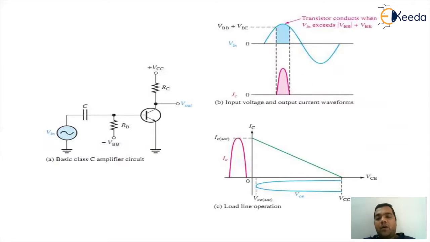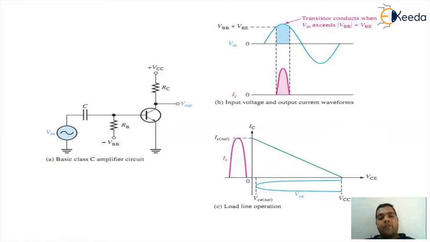So to realize a Class C circuit, we use a transistor, and for the transistor you can see the resistor at the base, defined by RB, and a biasing potential defined as minus VBB. At the base we give an input coupled with the help of a coupling capacitor. The output will be taken at the collector end. The collector has a resistance RC and the battery point is VCC. The emitter will be grounded, which implies it's a common emitter configuration.